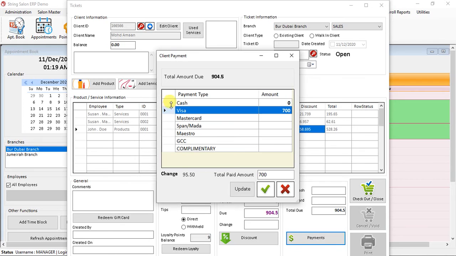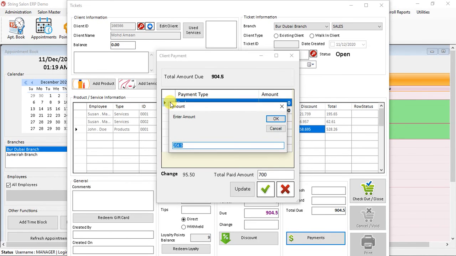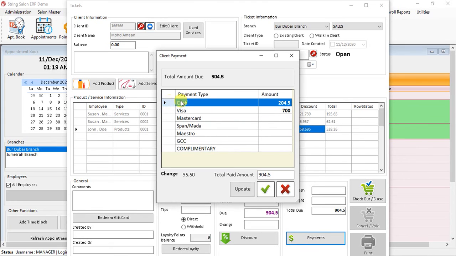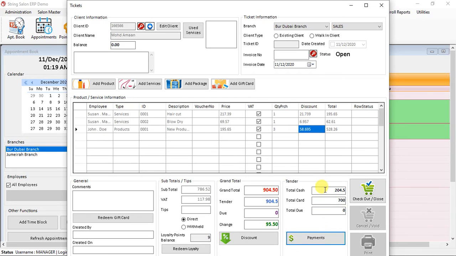The balance they paid by cash, so they gave 300 as the amount. So the total amount is 904, total they paid is 1000, and the change you have to give is 95. When you press like this, it gives you the change amount, how much you have to give, and you can go ahead and check out the invoice.